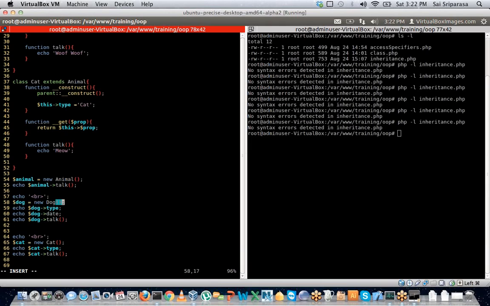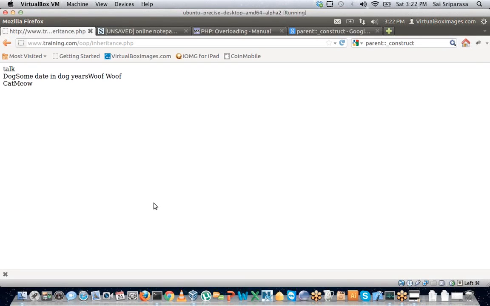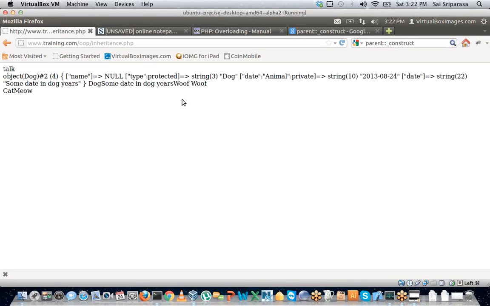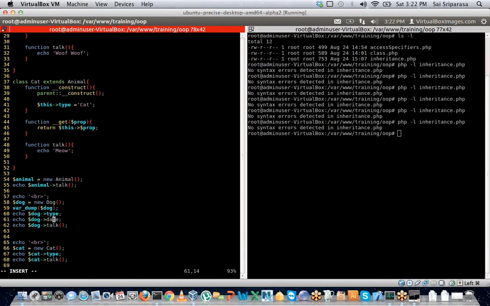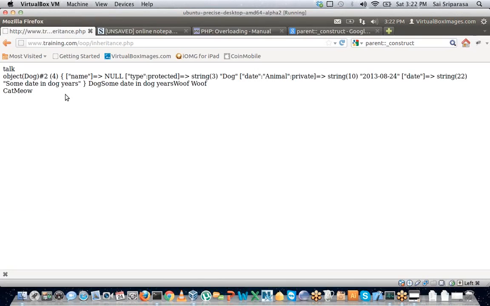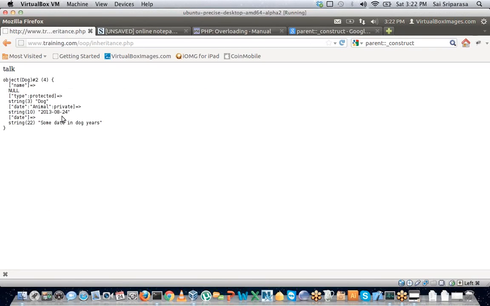Let's do a var dump to begin with on dog. Let's see if date is part of class dog. So here, interesting. Let's do an echo pre so that everything is formatted, and let's also exit here. And let's do echo pre. Okay, here the most important thing we have to look at is that there are two dates here, and when I said that